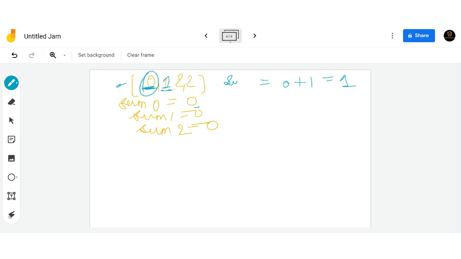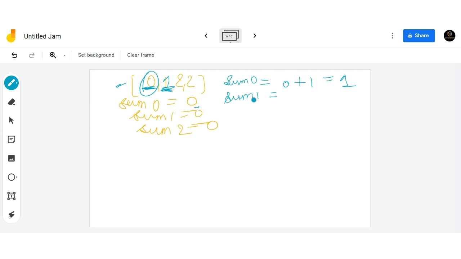Here we have updated our sum 0 variable and now we will update our sum 1 variable. Okay, so we can have the subsequences ending with this 1 or with the previous 1. So there is no previous 1.